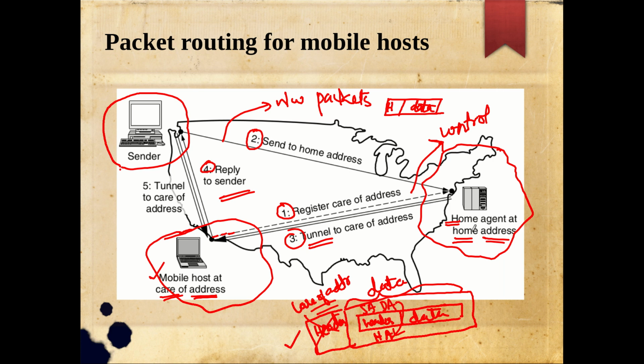The destination address is actually the home address of the particular mobile host, and the sender's address, or the source address, is the actual address of the sender. So now to that source address the home agent can directly communicate the reply. As soon as the home agent gets the reply, the care of address will be attached to this reply message. So the source address will be the care of address, and the destination address will be the sender's address, in this particular field.